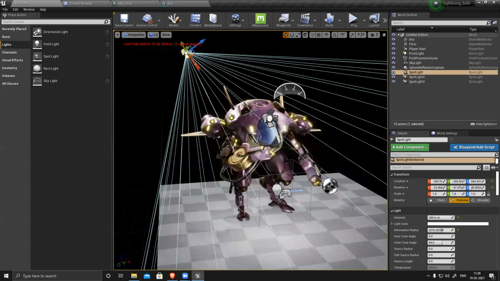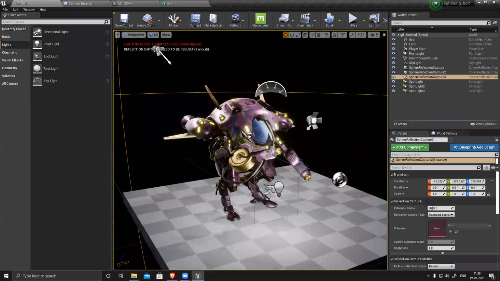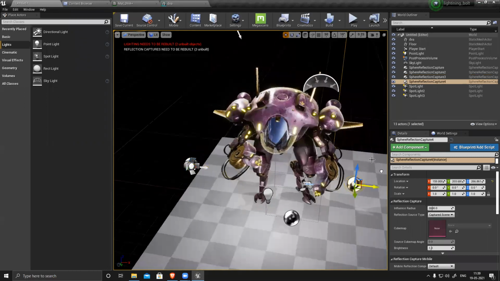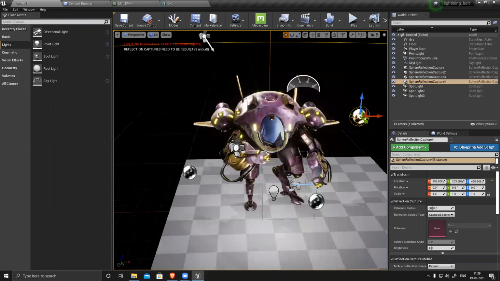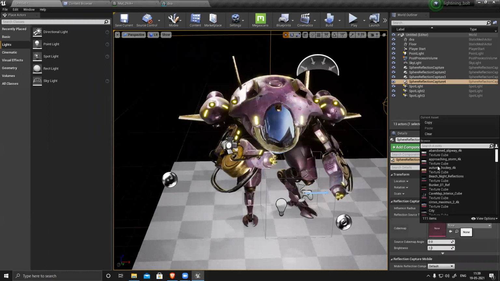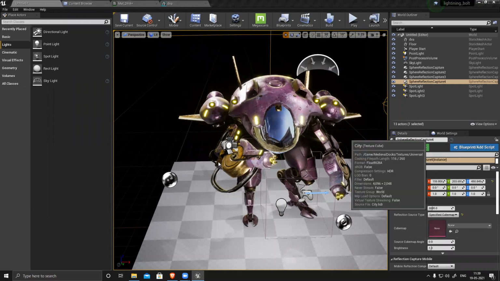Like this I can add, and I can create one more reflection capture. In your scene, wherever you have a glossy surface, use multiple reflection captures, that will give you a better result. Or like this reflection, the map you use in the sky, you can use the same map here also. It will generate the same reflection based on that map, or a similar kind of reflection.